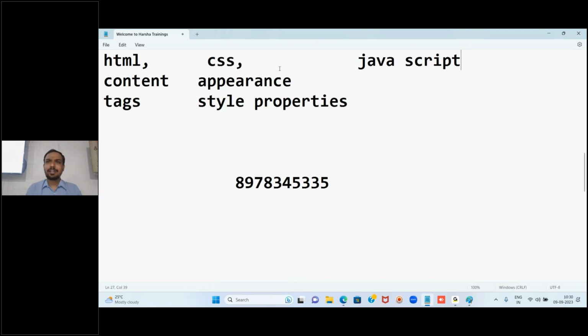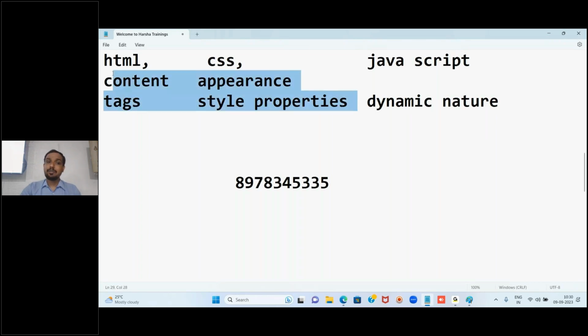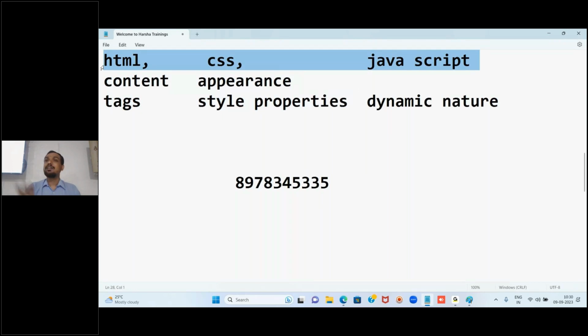Interact means the moment you click one button, something should happen. The moment you select one option in a drop down box and then click, something should happen. If you select another option, then some other thing should happen. Are you getting? All these things cannot be done with the help of HTML and CSS. So for that reason, we use something called JavaScript. If something is interactive, that kind of website is known as a dynamic website. And to add that dynamic nature to our web pages, we use JavaScript. Clear? HTML and CSS are very simple languages, simply tag based and property based.